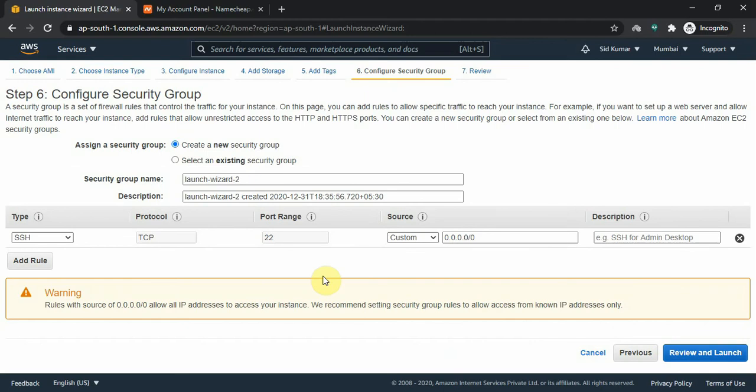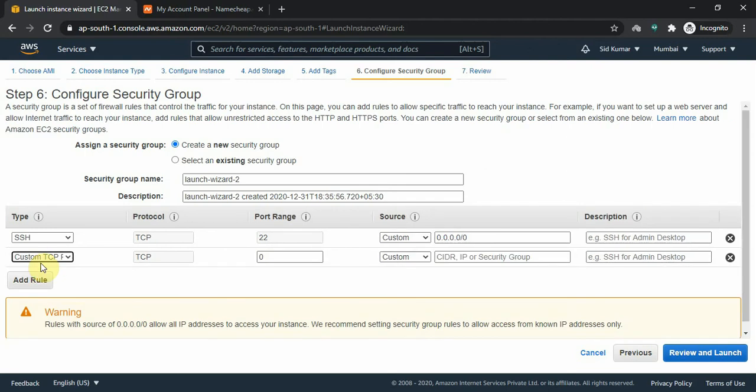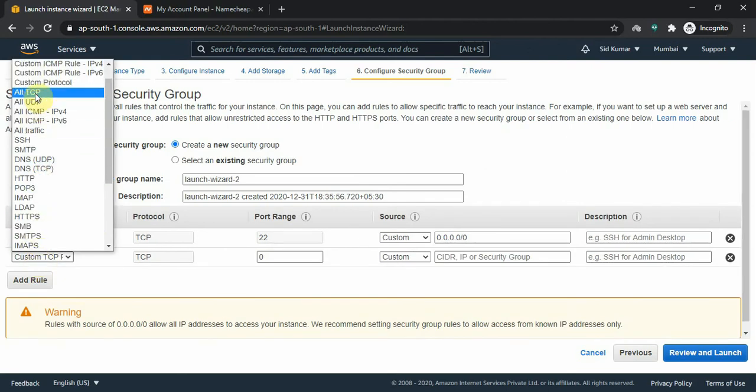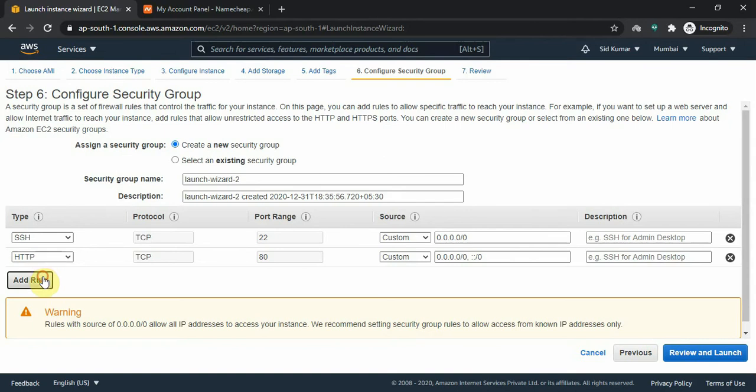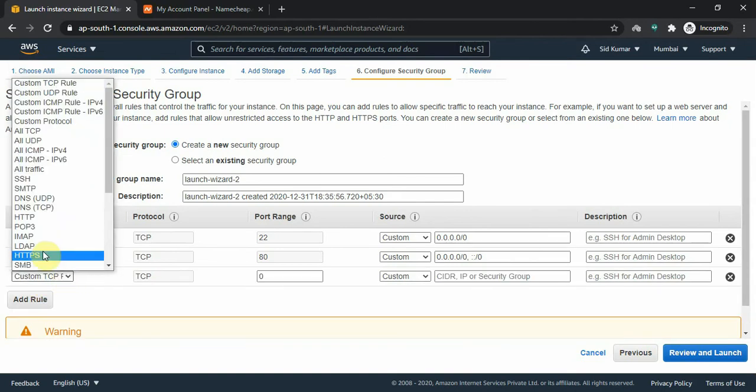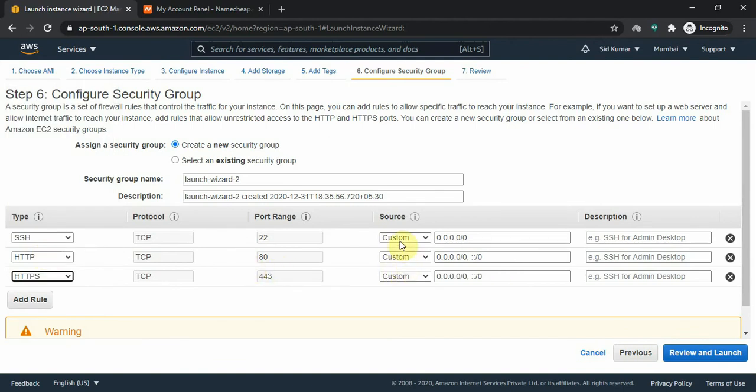Here this is the most important part. To publish your site we have to access the server, right? For the server you access through SSH, but when we deploy it we will get an IP, right? So how do we access that so that it will be publicly accessible? For public access you have to create two rules basically. One is HTTP and another is HTTPS. When we connect our domain, then it will be required. So here we will choose anywhere.